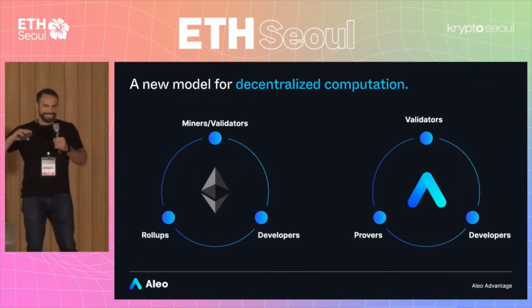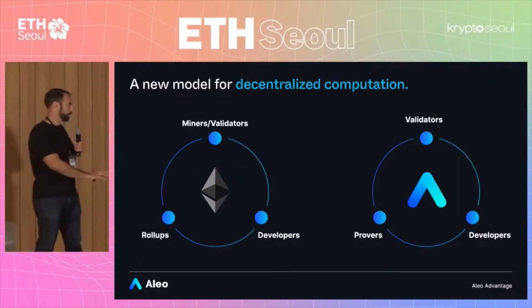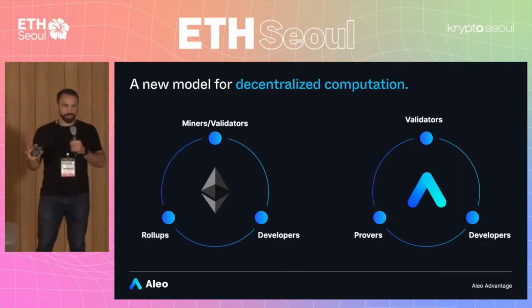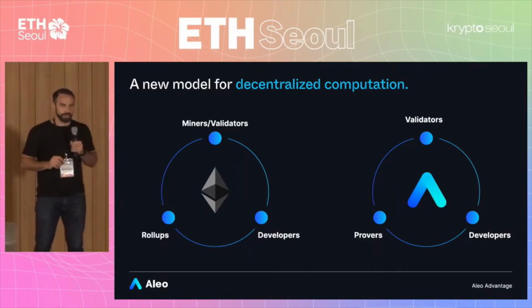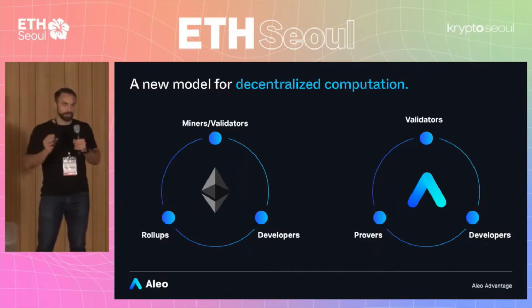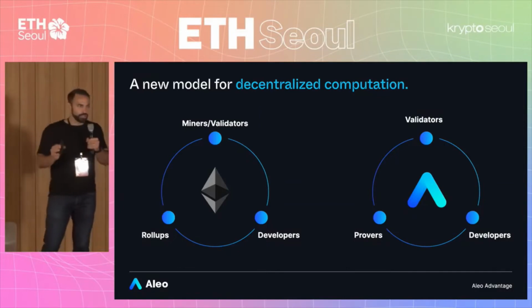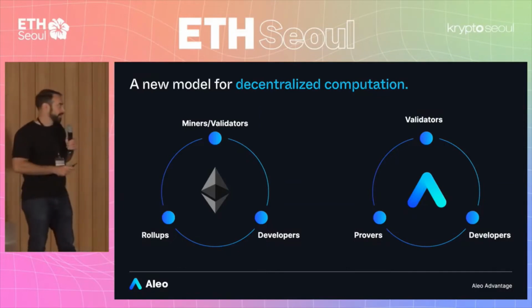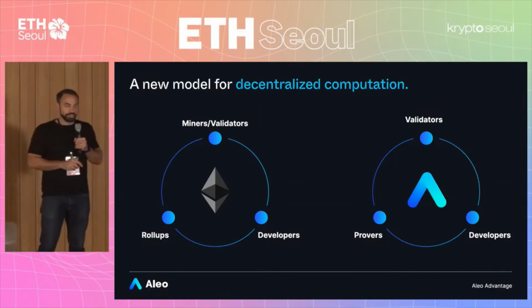Okay, so actually, it's kind of similar to the way that rollups work. I think a lot about this. I think there's this concept now of modular blockchains that a lot of people have talked about. And in a rollup, it's kind of the same idea, right? You're separating the execution from the settlement, effectively. And so this is exactly what we do in Aleo natively.